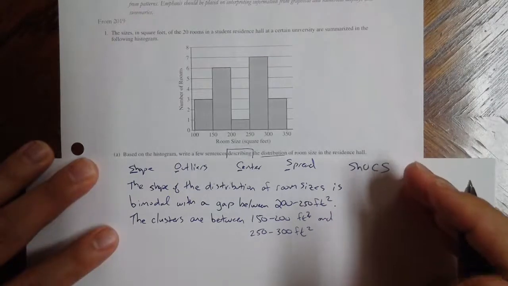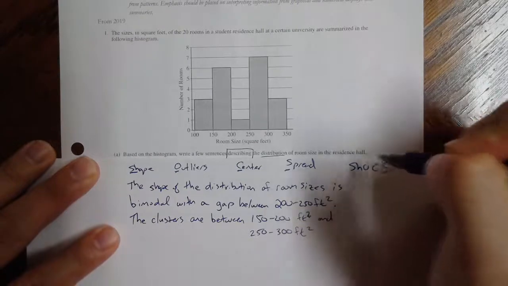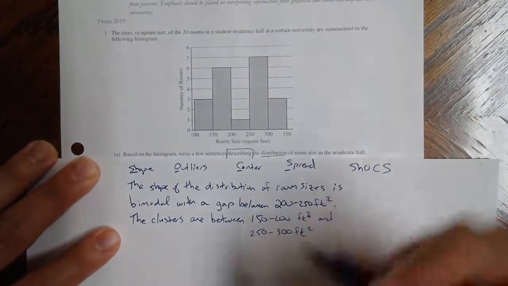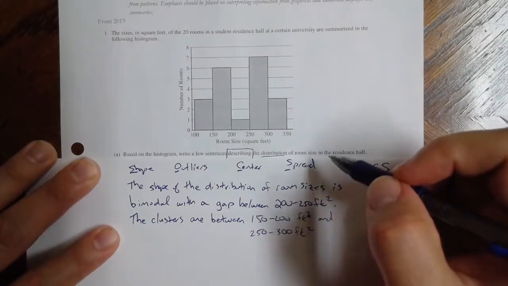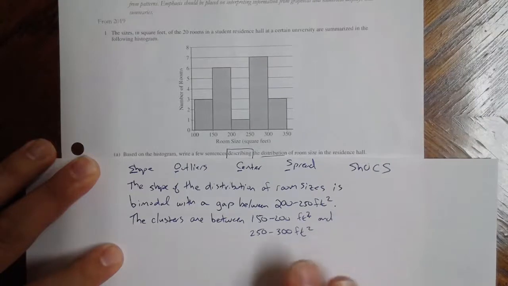But what's definitely important is we want to avoid just saying it's symmetric. The goal of these tasks is that if you only had these sentences to go off of, you'd get a pretty clear picture of what the display must have looked like. So this has that feature, where we've got the clusters, we've got where the gap of the data is,